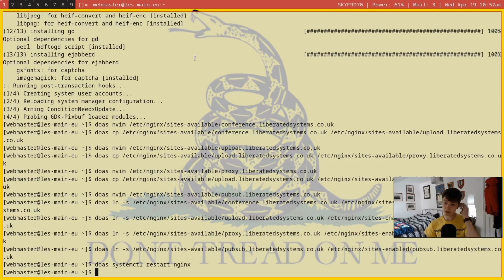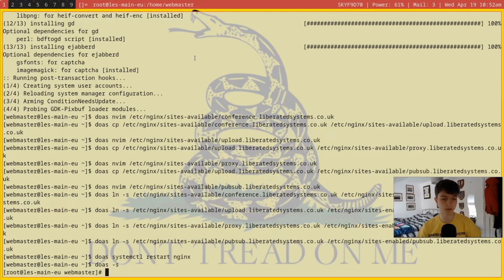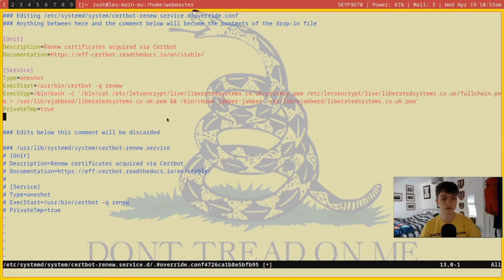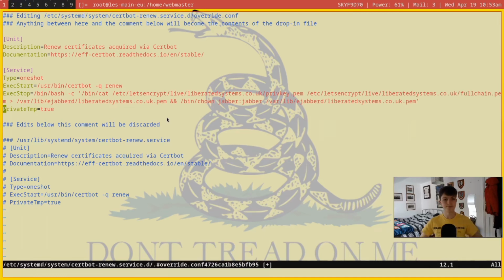Now we need to edit the certbot renew service, and the reason for this you'll see in just a moment. So, I'm just going to edit it here, certbot renew.service. Within here, we need to add this modified unit file. And by the way, when I used doas just now, you can use sudo as well if you're still using sudo. Okay, so this is the modified file, and the only different line here basically is